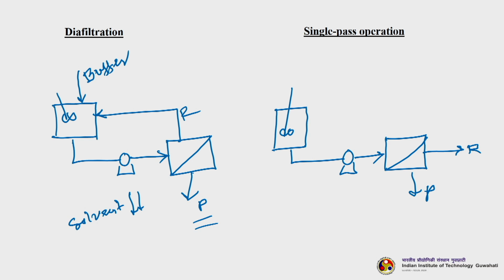That is why other things have come into picture. For example, feed and bleed operation. So, let us now understand what is feed and bleed operation. So, I will draw a single feed and bleed system. Okay. So, there is a difference of pump. This pump is called recirculation pump. Okay. In case of feed and bleed operation, this is called a recirculation pump.